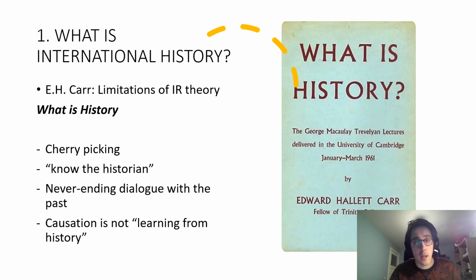But don't cherry pick your documents, don't cherry pick your evidence. The second thing that Carr raises in the 60s is know the historian, right? Which at that point is really revolutionary. The notion that you take a position, that there's a positionality that you as a historian have that affects how you write, what you write, and what you choose to argue. So knowing the historian is important to know the argument if you want to evaluate what historians do and how